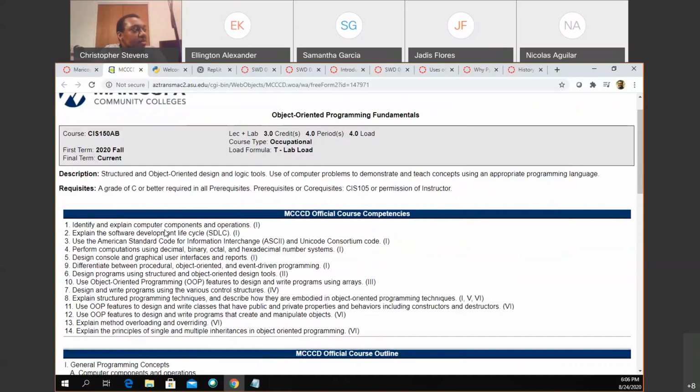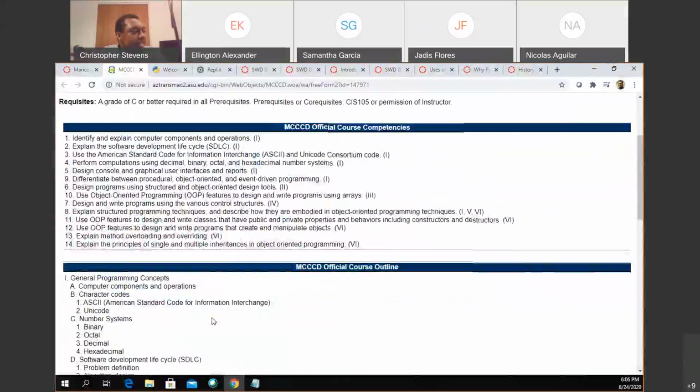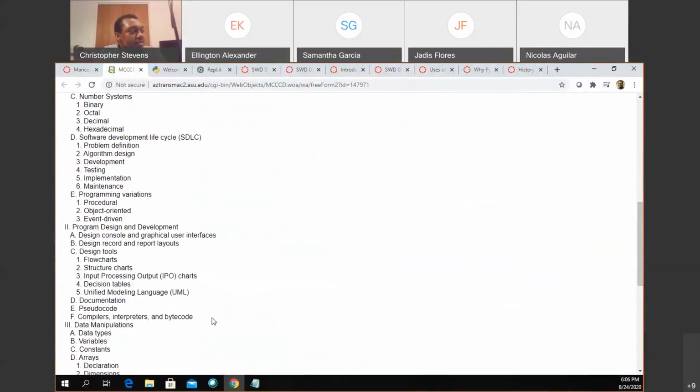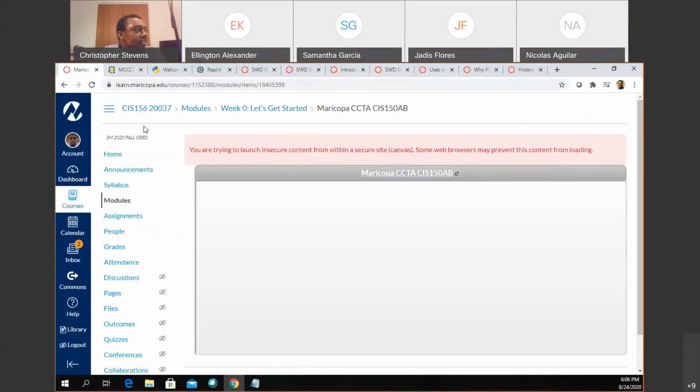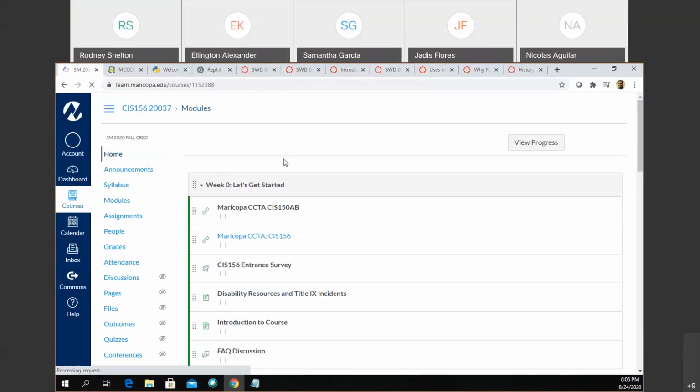But if you look here, we're learning some basic parts of computer components and operations, so how things tie together, the different number systems, ASCII code, Unicode, the software development cycle, a couple of other project-oriented procedures, inheritance, some other things here that many of you probably will be like, I don't really understand what that is. But if I were to go back to the other class,